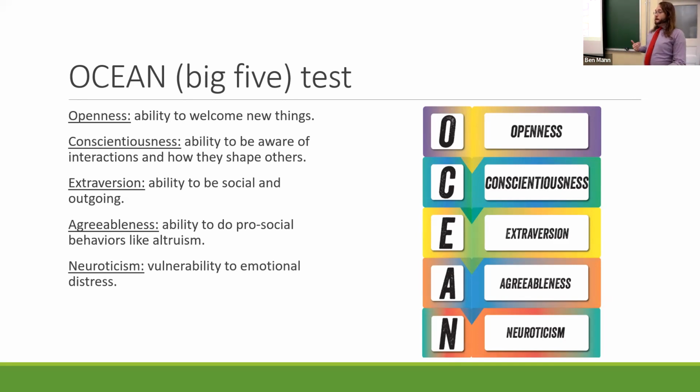So the last one is this idea of neuroticism. And this is one that I think connects pretty closely to mental health, to mental illness, and similar issues, where people who consider themselves maybe more vulnerable to emotional distress, people who feel higher highs and lower lows in their interactions, who deal with greater challenges in their communication, might be considered more extreme on the neuroticism scale, right? So oftentimes, people who rank higher there are people who are a bit more anxious in their relationships and how they're presenting themselves to other people. Yeah, pretty closely connected to mental health and well-being.